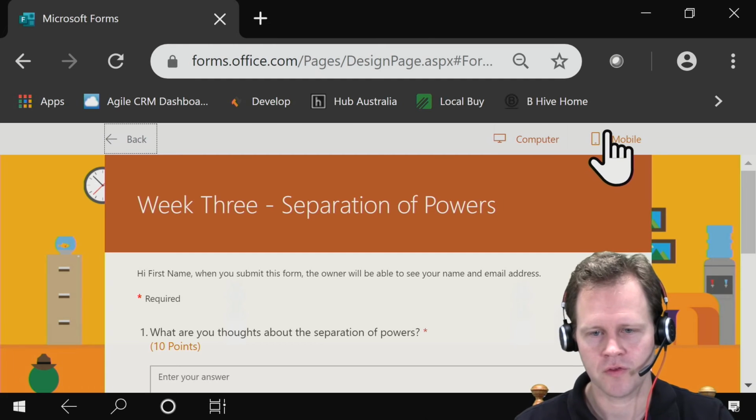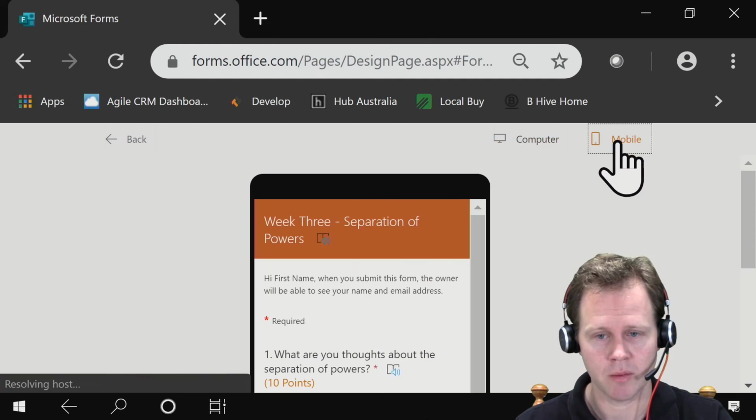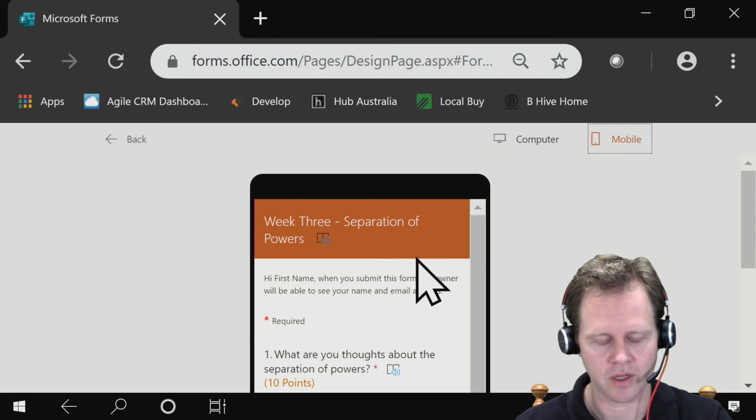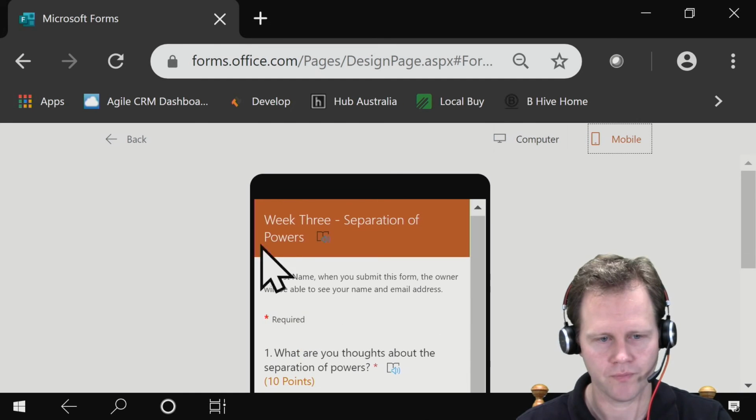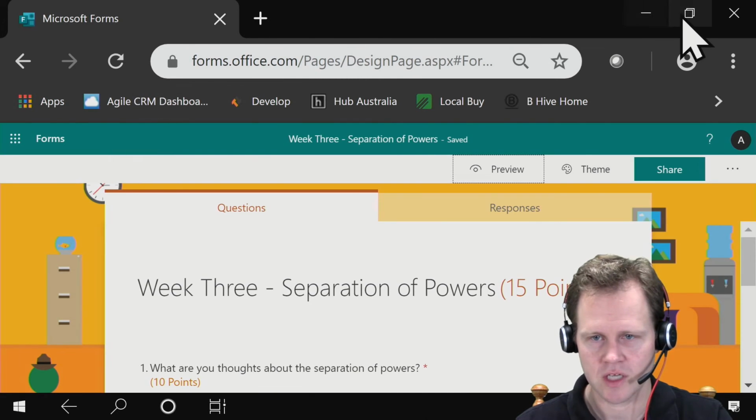And it's also mobile responsive. So if the students are working on their mobile phones, they can click through on their mobile phone, and you can see this kind of experience that they would get through the mobile phone as well. Now, as the students fill in that quiz, once we set it up in Teams, so I'll just minimize that,